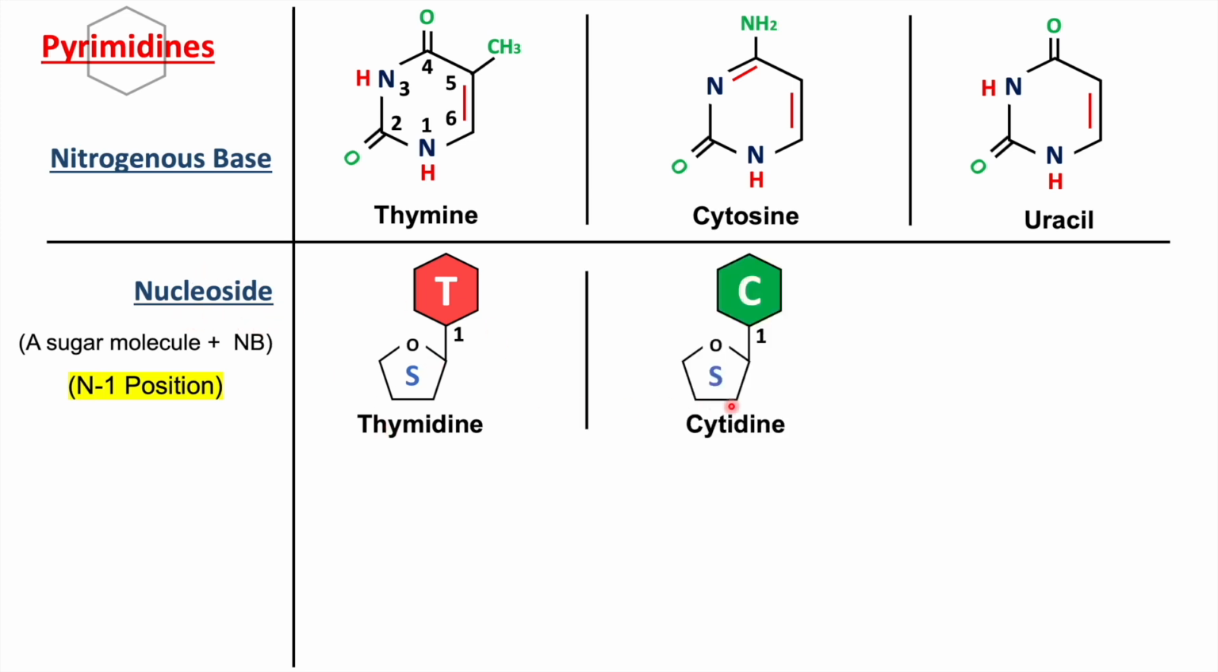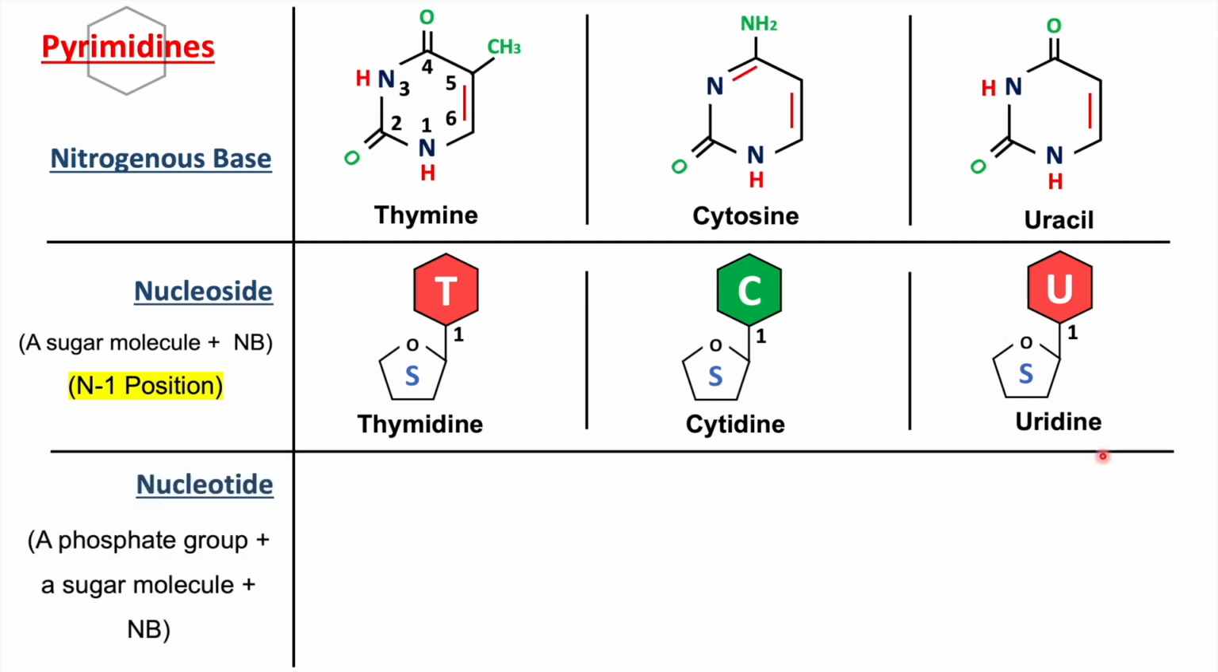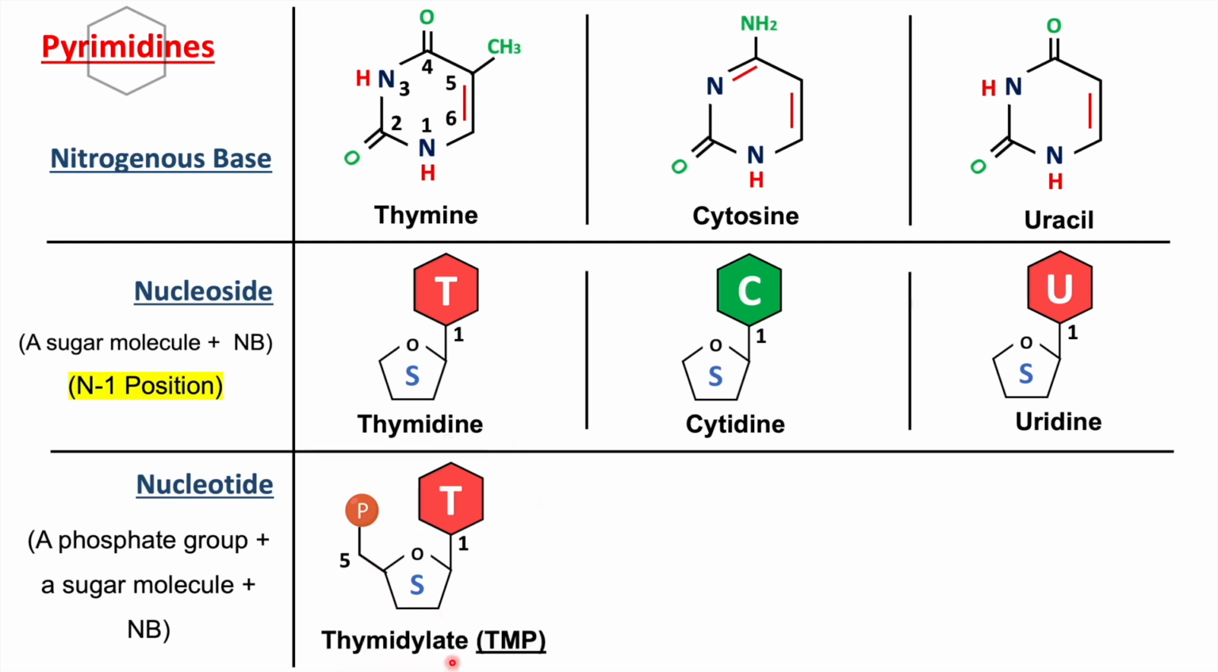Now when the sugar molecule is attached to cytosine, it becomes cytidine. Now when the sugar molecule is attached to uracil, it becomes uridine. And lastly, when the phosphate group is attached to a nucleoside, it becomes a nucleotide, and when the phosphate group is attached to thymidine, it becomes thymidylate, and alternatively it is also called thymidine 5 monophosphate,